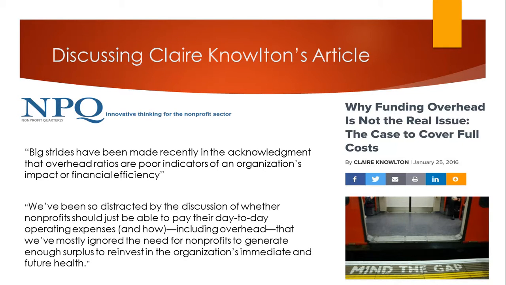So Knowlton says, "Big strides have been made recently in the acknowledgement that overhead ratios are poor indicators of an organization's impact or financial efficiency." So going back to chapter 14, it lists overhead as one of these ratios used to measure the efficiency of a nonprofit, and Knowlton is basically arguing to just take this ratio off the list completely. And then also later in the article, kind of to sum things up,